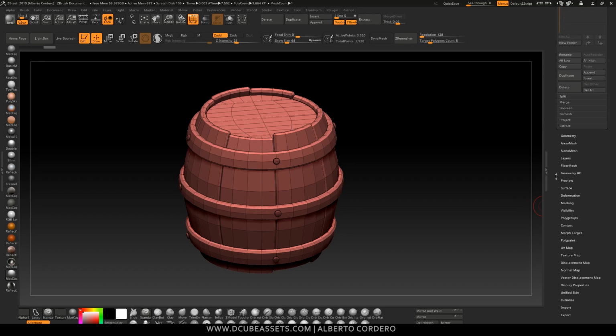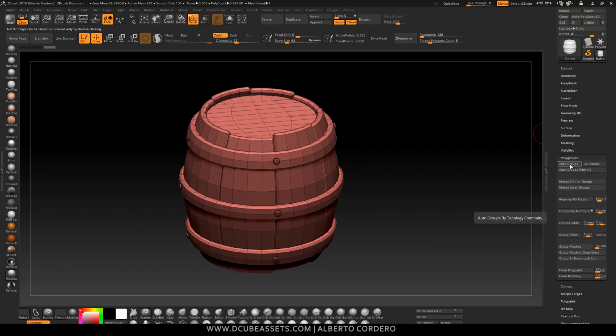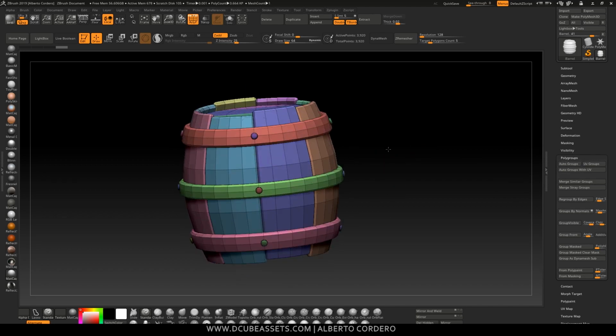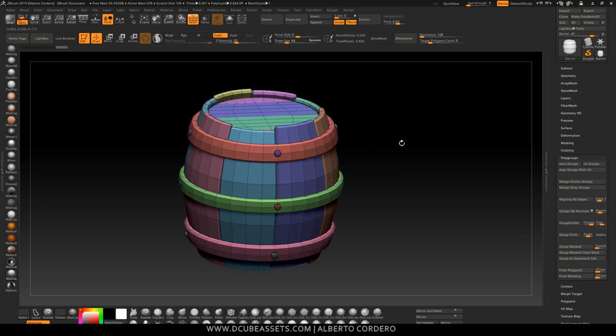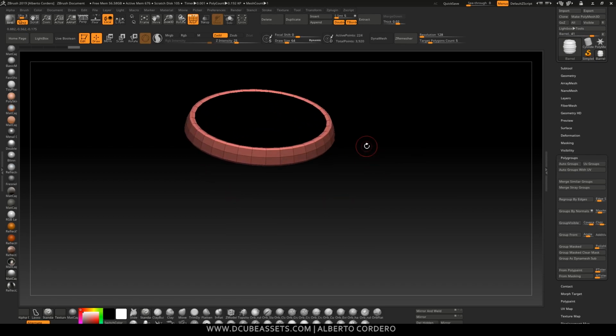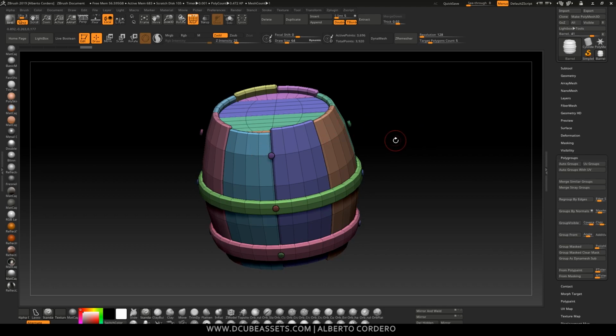If you go here to Polygroups, you're gonna find this option that says auto groups. You're gonna select this and look what's happening. It's magic. It applies a different polygroup for all different pieces. That's fantastic. And if you want to work on any of these polygroups individually, you just need to press Ctrl Shift and just tap, and it's going to allow you to work on that one individually. But if you want to invert the selection, just press Ctrl Shift and just draw in the viewport, and it's going to disappear. If you want to bring it back, Ctrl Shift and just tap